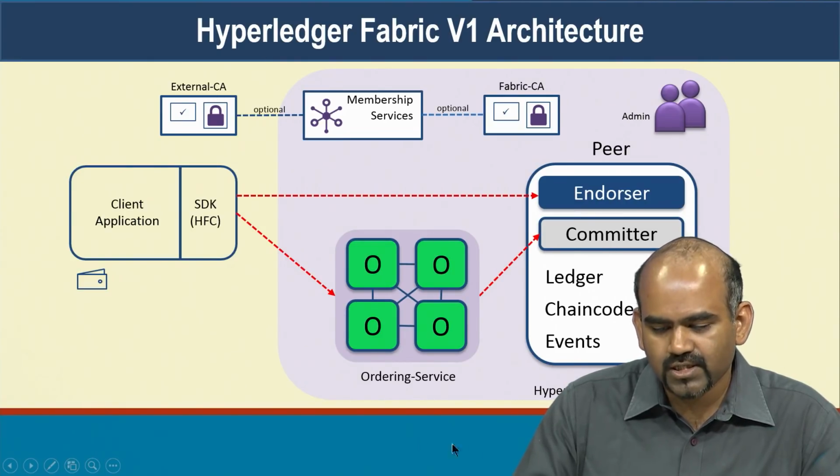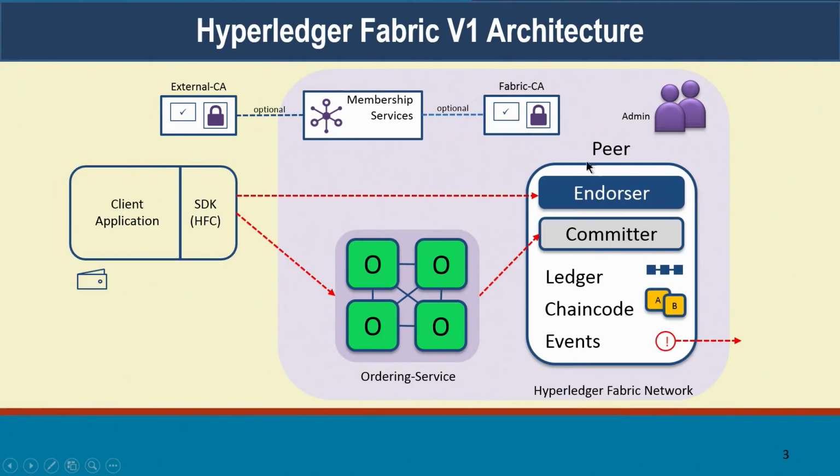Now coming to the blockchain itself, what are the various components? The important component is of course the peer. There can be multiple organizations that are each running one or more peers. It's possible that one organization runs multiple peers, for several reasons: for fault tolerance, or for just separating out different applications it's part of. So it's possible for one organization to run multiple peers, and of course there are multiple organizations that are running the network. So that is the peer itself.